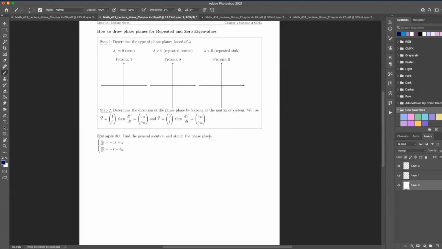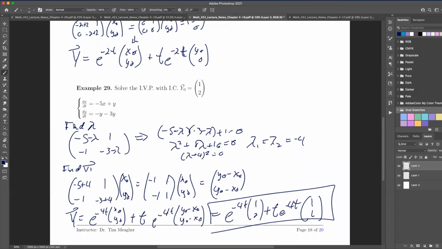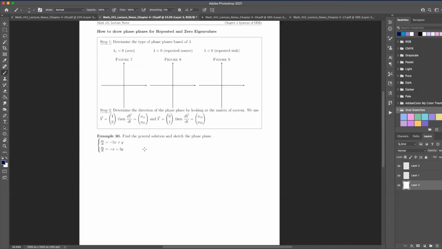Here, I'll show you how to sketch the phase plane for the one we just did. So I'll show you how to sketch this. So let's do this kind of slowly. There's going to be a couple things. So here, if I have lambda 1 equal to 0,